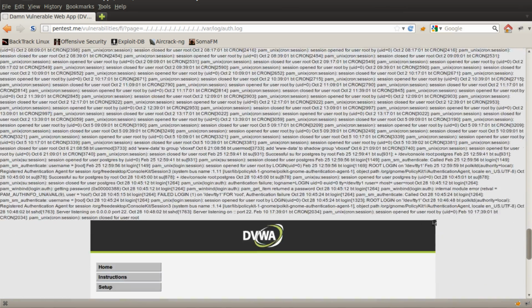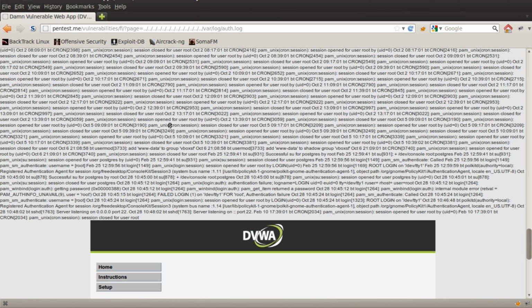But if we go all the way to the bottom of it, we should have more up-to-date entries. On 8, we had the SSH daemon listening on port 22. Okay, that's interesting. And for a cron job, there was a session opened for user root, and so on. Well, this is a good